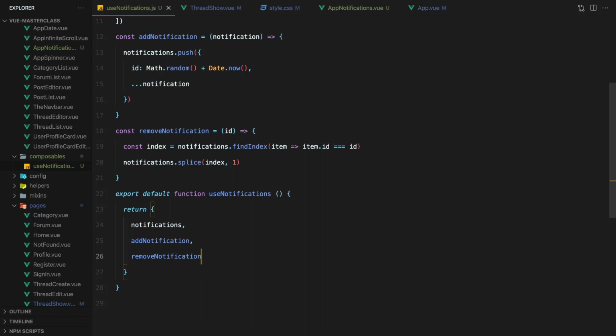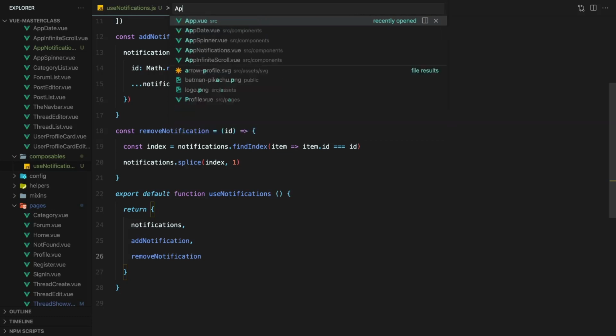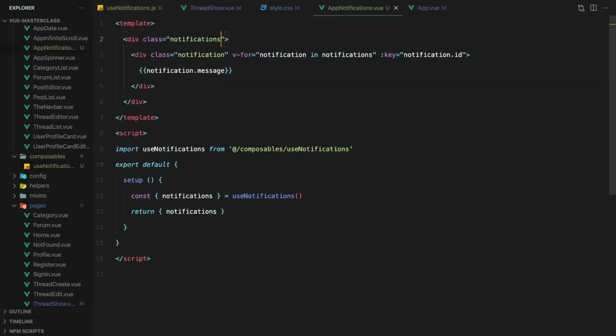With the remove function in place, we can now use it in appNotifications to provide an X button on each notification in order to remove it. First, we'll destructure it from the composable, and then we'll return it from setup.